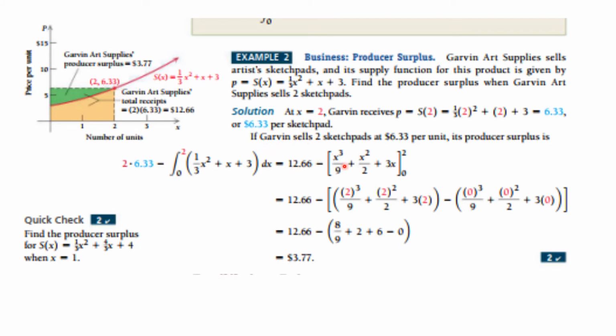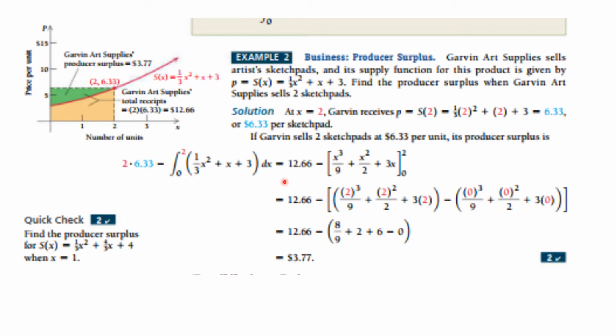So if they sell 2 sketch pads at that, its producer's surplus is, using just the definition, 2 times that point of 6.33 minus the integral under the curve. And it's going to be the green answer because it's the rectangle minus the area under the curve. And so we integrate from